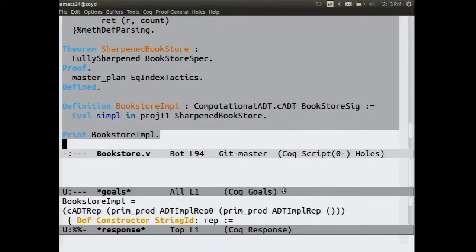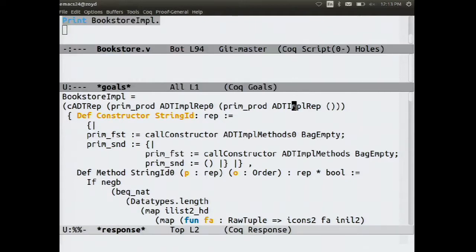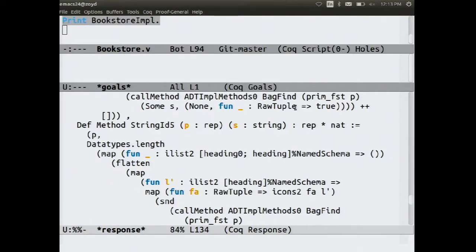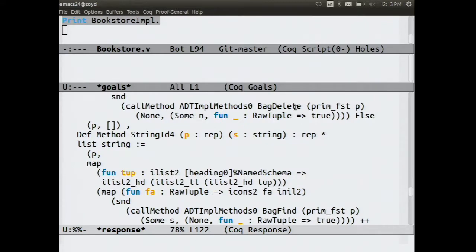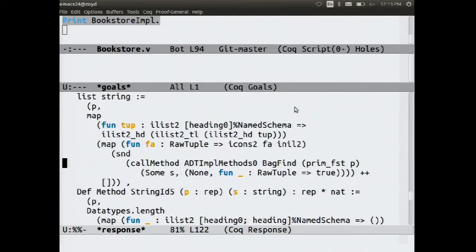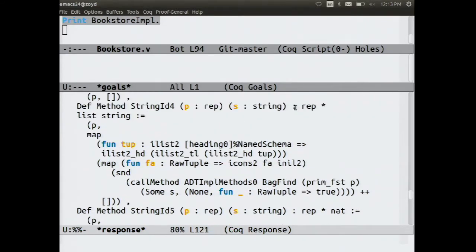So let me skip to one of these queries and see what it's doing. I think there's still some more optimizations that could make sense to run here, but this is the lookup titles of books written by author method. On the inside, it calls a method on a primitive data structure that implements search trees, essentially, where we say lookup by this key S, and then we map another function over that, and that's the answer. We could definitely fuse these two maps together. At some point we were doing that, but this version isn't doing it.